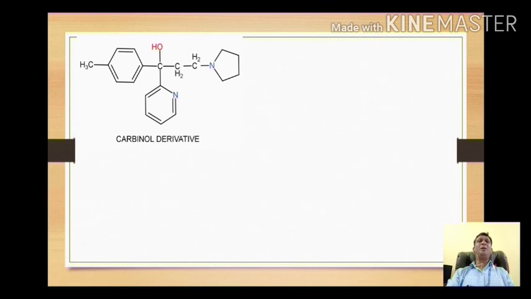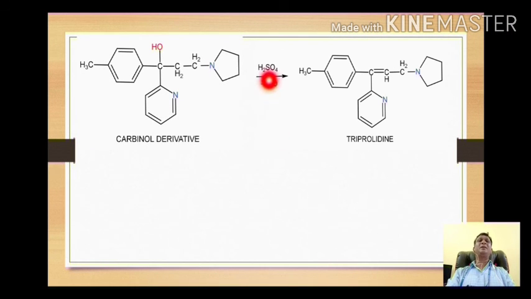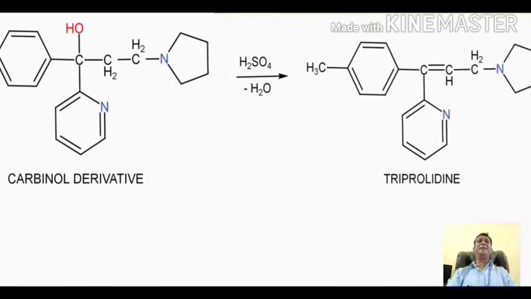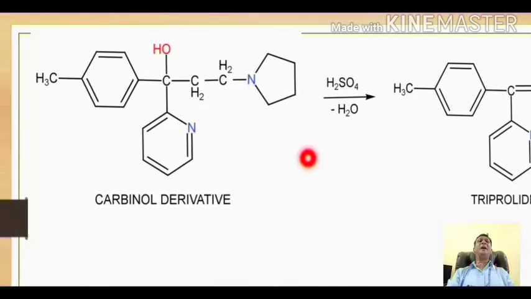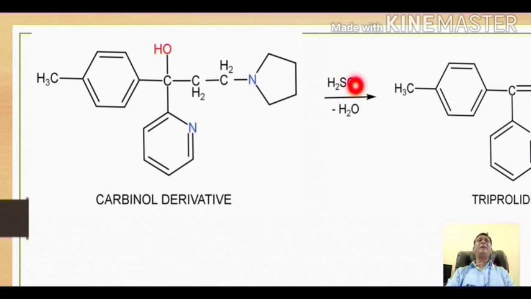This carbinol derivative then is treated with sulfuric acid. The sulfuric acid acts here as dehydrating agent. Dehydrating means it acts as the compound which can liberate out the water molecule. So in this reaction, the hydroxy group and one of the hydrogen on this alpha carbon will be liberated out